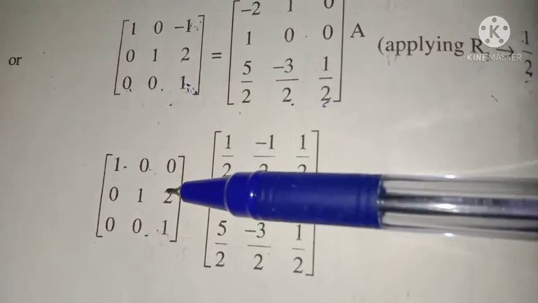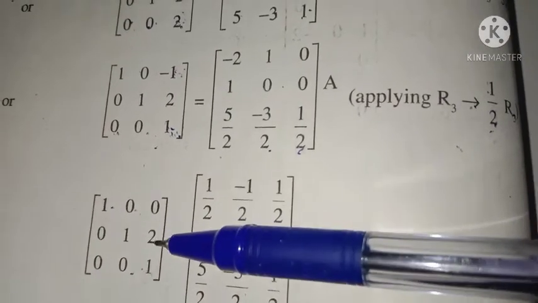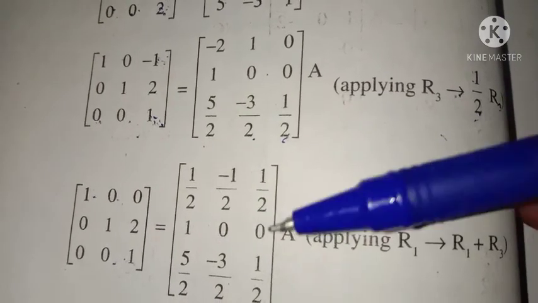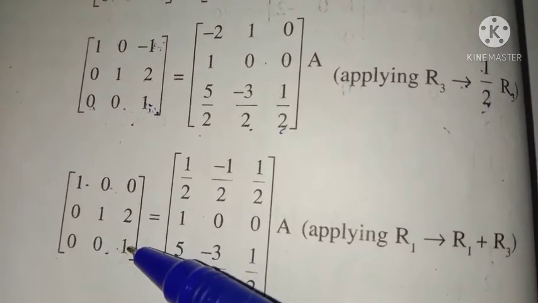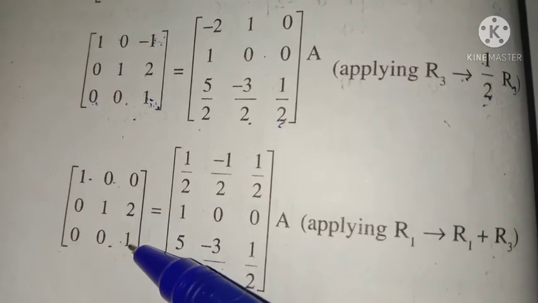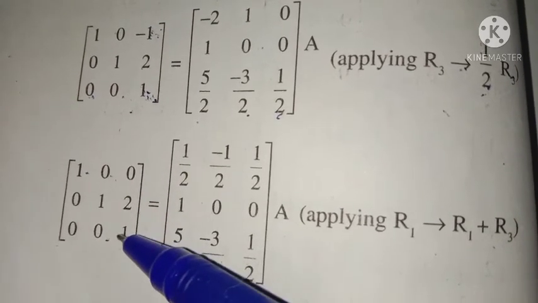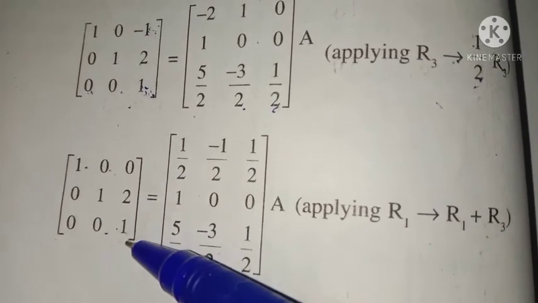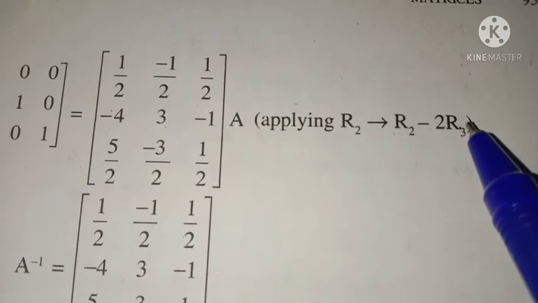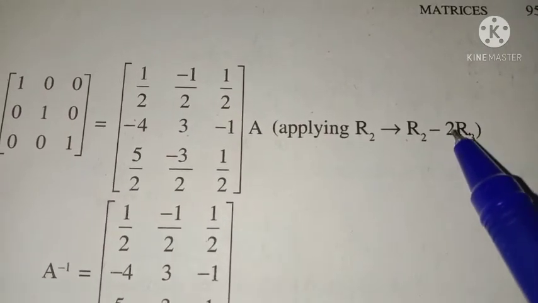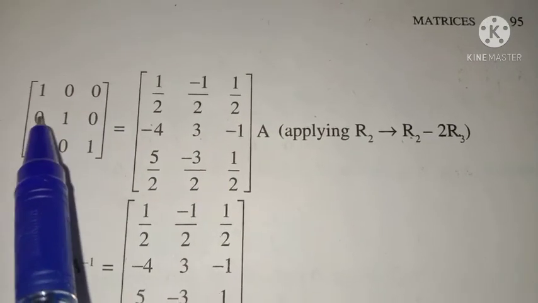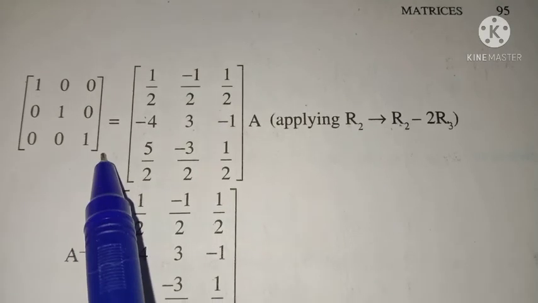Now, we need to change this 2 as 0. Okay, this 2 as 0. So, to change this 2 as 0, look at here, this is 1. If we multiply this row by 2, we get 0, 0, 2. And then subtract these two rows. That is the procedure. Okay. So we are doing the operation. First we need to multiply third row by 2 and subtract it from R2. We get 1, 0, 0, 0, 1, 0, 0, 0, 1.